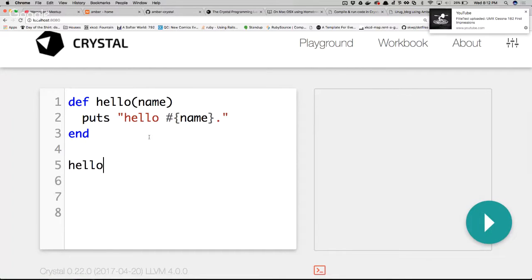So hello urug. Because that's getting called, you now see what's happening here. There's this string right here, it's of type string, and then this is returning nil. So this shows you all of your return values in real time.